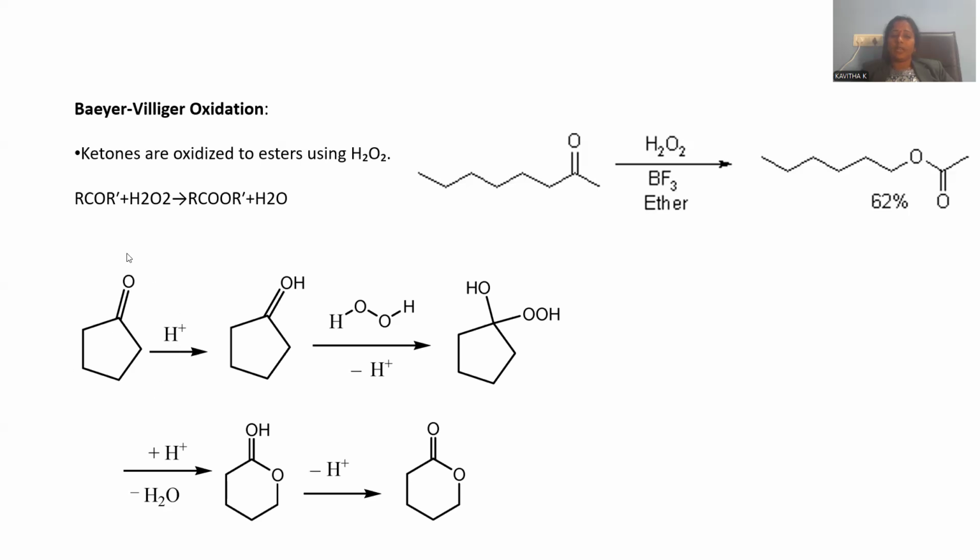Upon reacting with an acid catalyst, protonation on the oxygen is carried out. Later on, hydrogen peroxide will be added at the carbon, giving rise to a peroxide over the carbon atom, and that further rearranges within the molecule, giving rise to oxygen incorporation within the cyclic ring system. Later on, H plus will be evolved outside, giving rise to a cyclic ester called a lactone. This is Baeyer-Villiger oxidation. Initially the ring is expanded by one member, and initially it is a ketone and later on converted into ester form. It is this kind of oxidation.